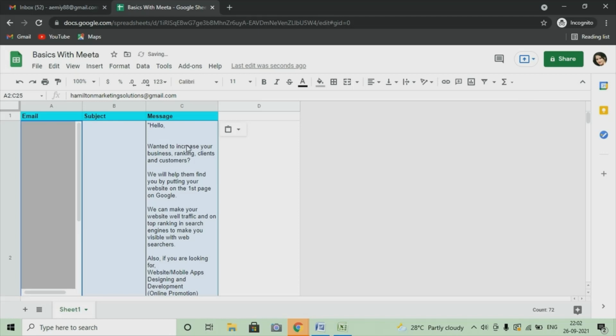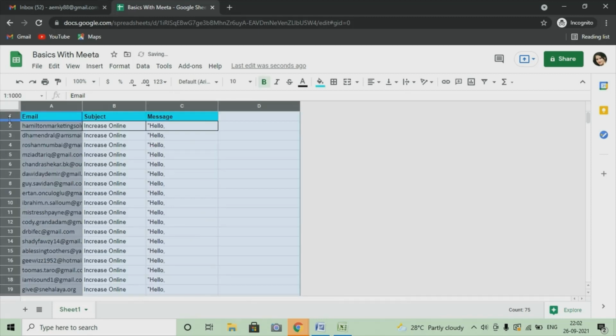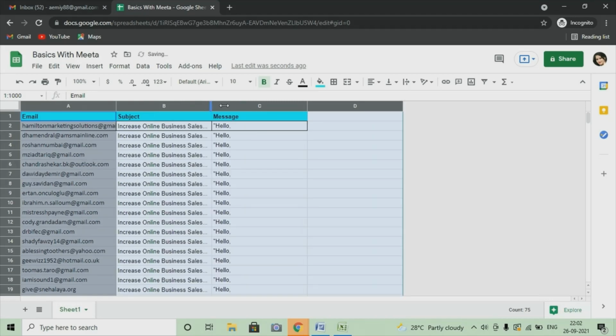So I have the email IDs, content and data. I'll select it and align it in the proper way. So you can see that now the entire data of mine is properly aligned: subject, message and email list.